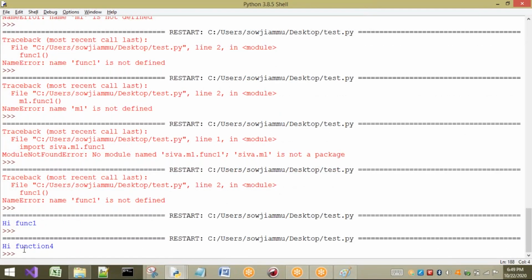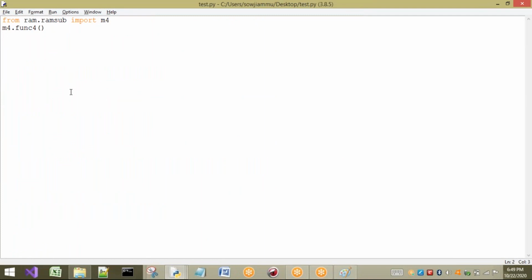So what happens here? Hi function 4 is completed, printed. Why am I taking this from the RAM package? In that there is a sub package RAM sub. From that I am importing only a module called M4. I am not importing all the functions of that module, just M4. So I have to call it as M4.function4.